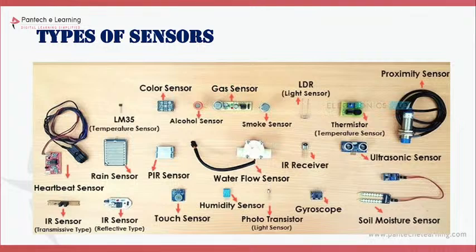Then the water flow sensor is used to detect the water flow. If you are pumping water into a tank and the level is very low, this sensor will go down and it will automatically switch on the motor. When the tank gets filled, the sensor will float up and switch the motor off. That is the use of the water flow sensor. IR receiver is nothing but an infrared radiation receiver. When infrared radiation is emitted,